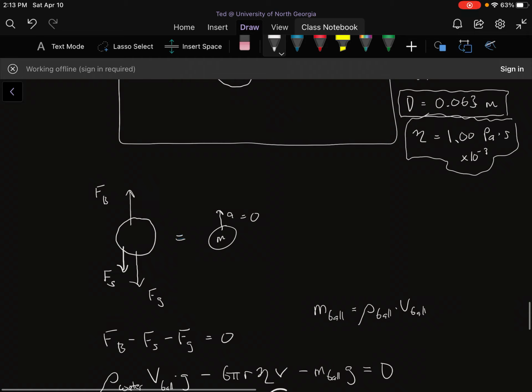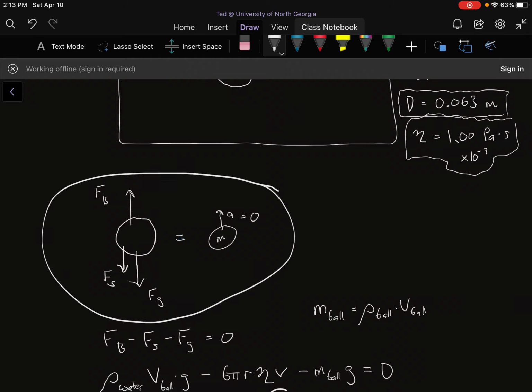You do have a problem somewhat similar to this one, where we have an object moving through a fluid and there are three forces acting on the object: a buoyant force, a drag force, and gravity force. Except in your problem, the object is falling through the fluid. So that's going to affect which direction one of those forces points. So it's going to slightly change the problem. Hopefully you can work that out, and I will